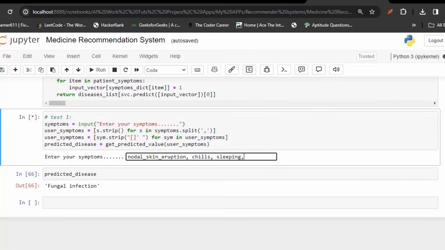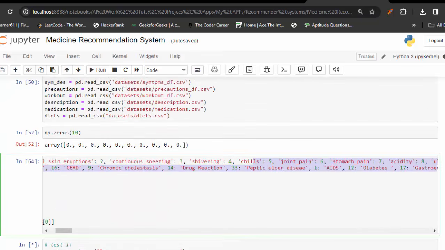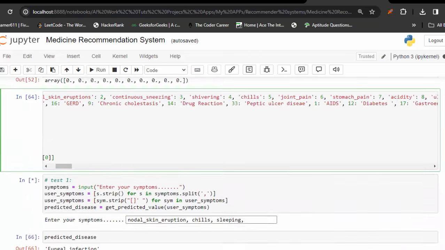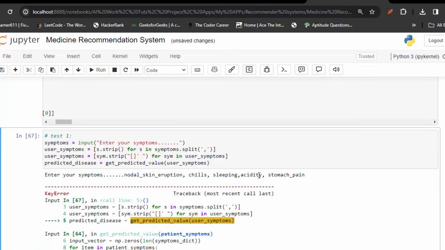मैं कुछ सिम्टम्स यहाँ से भी तो उठा सकता हूँ, लेट मी चेक कपल ऑफ सिम्टम्स रैंडम, आई एम टेकिंग रैंडमली। एसिडिटी भी है, मुझे स्टमक पेन भी है, एसिडिटी, स्टमक पेन, एंटर, एंड देयर इज एन एरर।